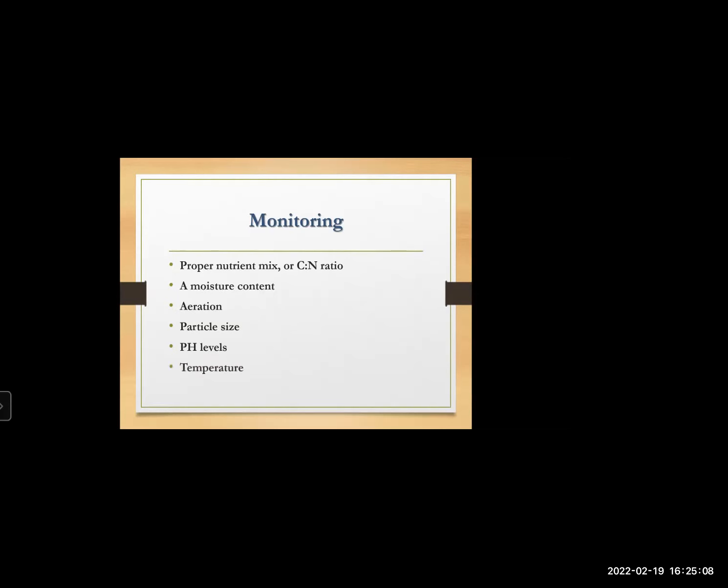The next is the temperature. Temperature of the compost is important because biological activity takes place in the decomposition process. The lower the temperature, the slower the process, and in warmer conditions, it will speed up the process. There are mesophilic bacteria which function at around 35 degrees. They start the composting process, and then thermophilic bacteria take over at around 60 degrees. This high temperature destroys the weed seeds and other pathogens from the compost.